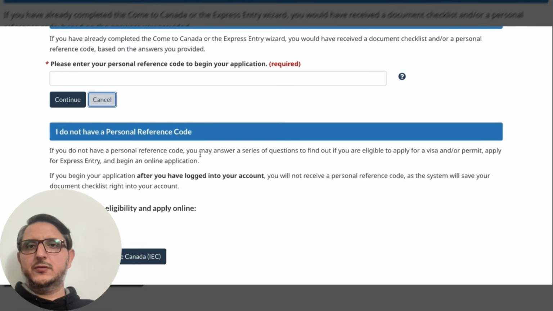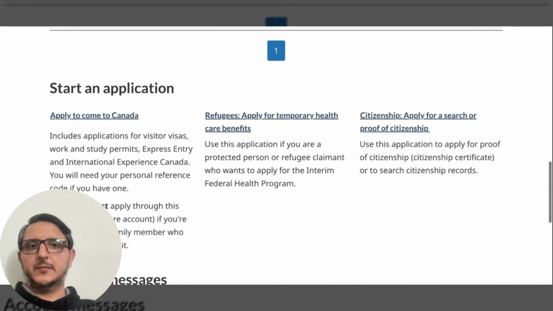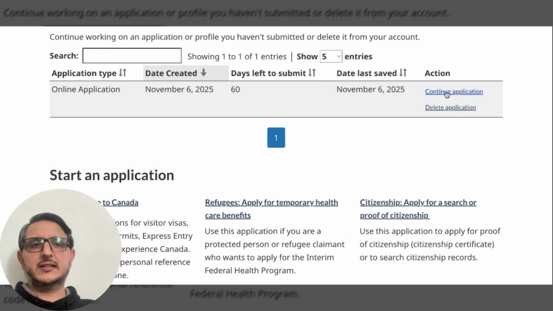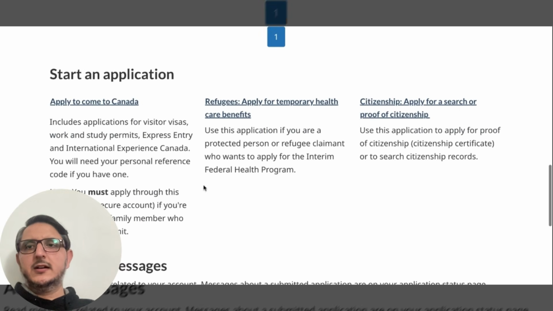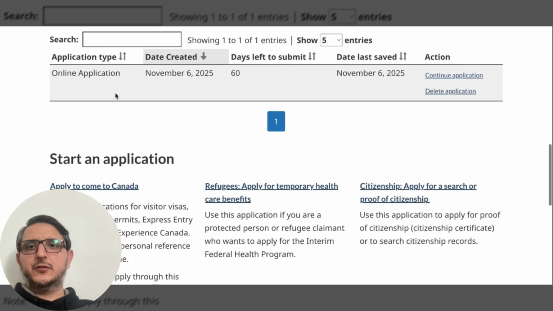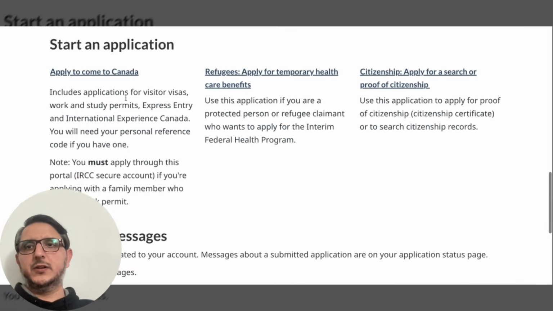This is because you have not submitted the previously started application. So you must first complete this application, process everything, submit it, then come back and log in to your GCKey again. If you don't have a pending application here, you will go apply to come to Canada, and then it will give you an option to start another new application for one of your children, and they will have, for example,